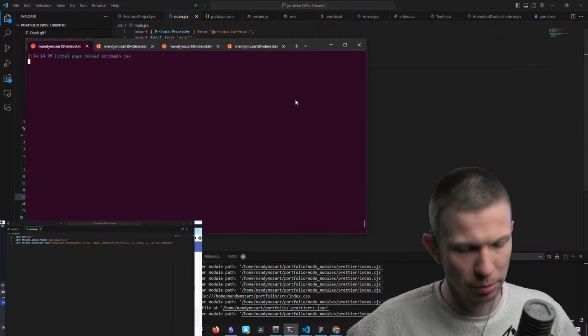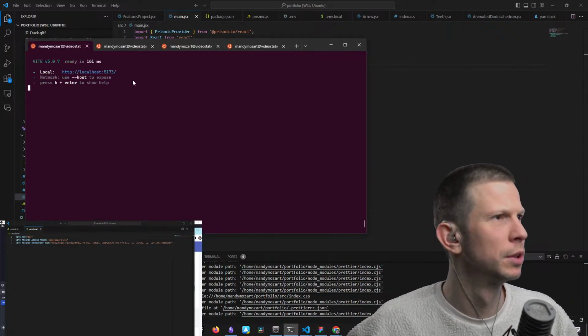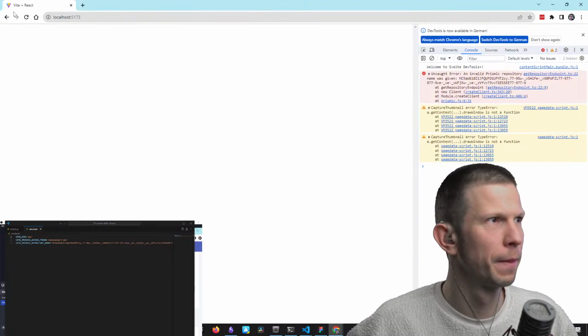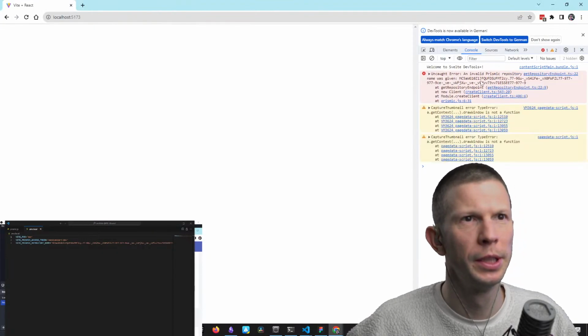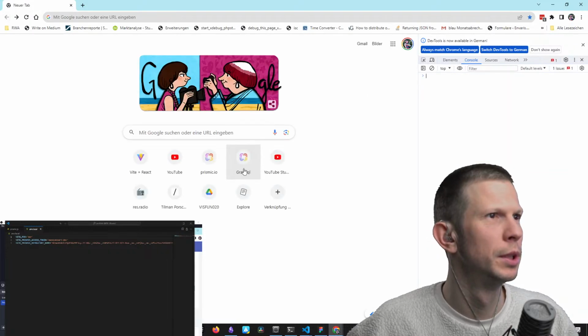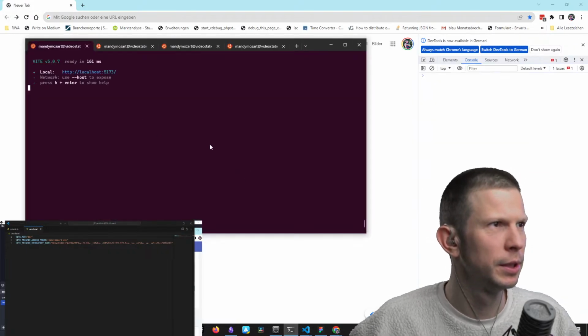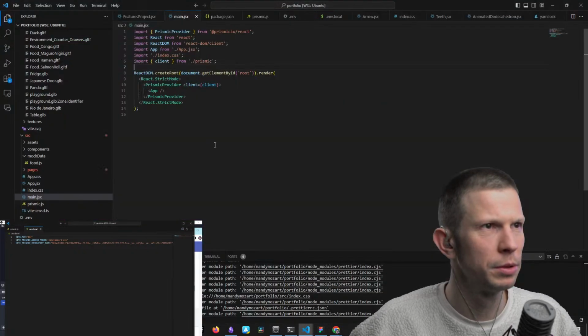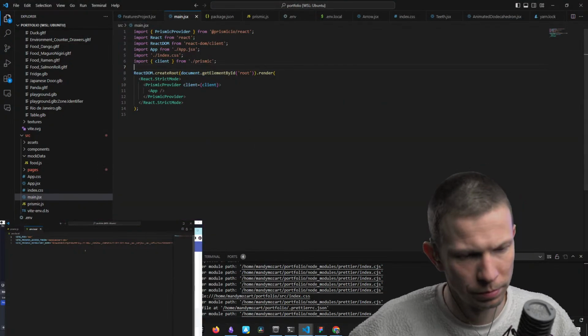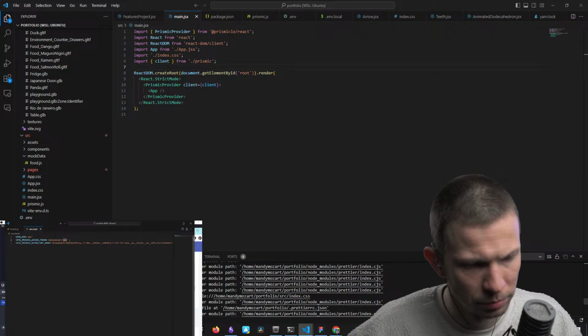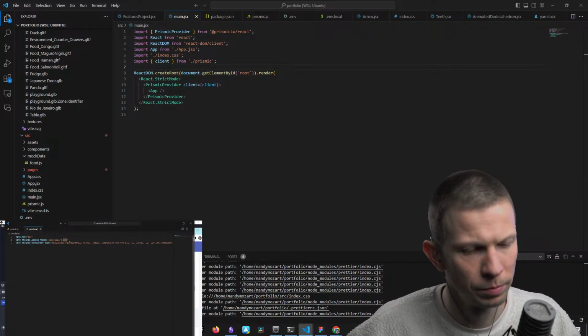Okay, let's anyway start the whole thing just in case. Doesn't source them properly. Invalid Prismic repository. Okay, invalid repository. Oh, because